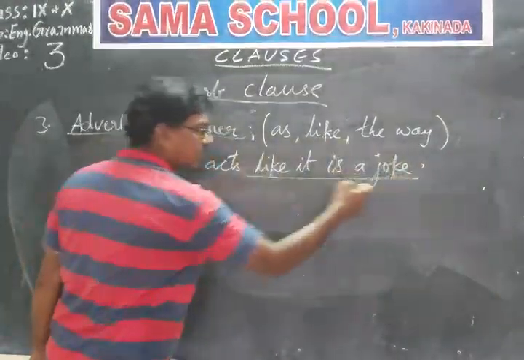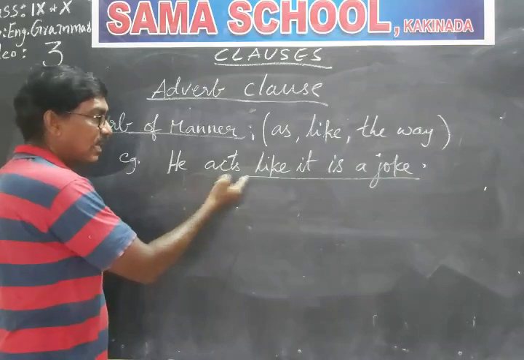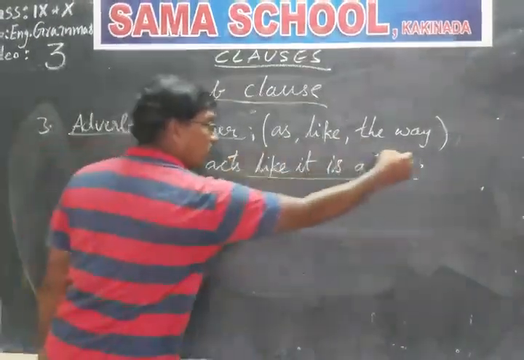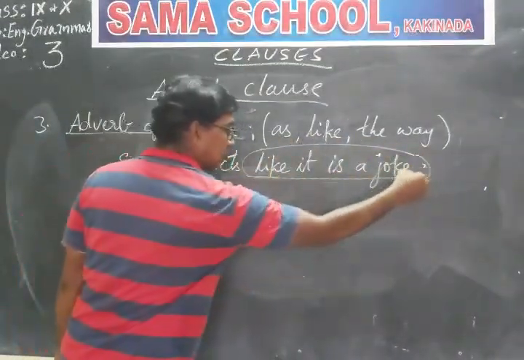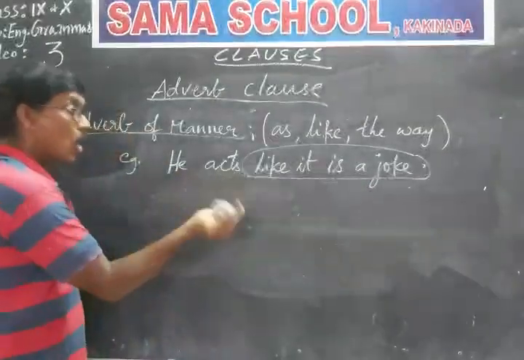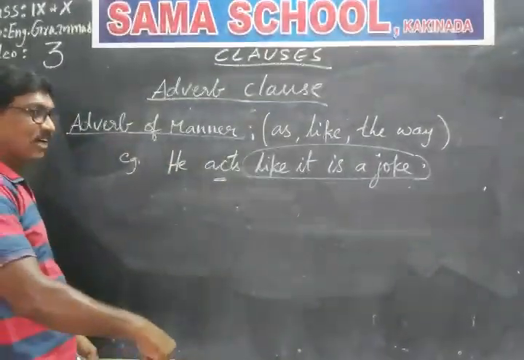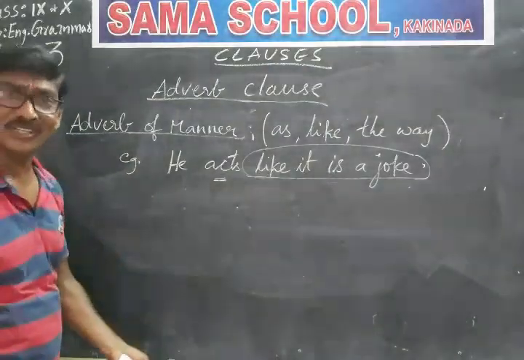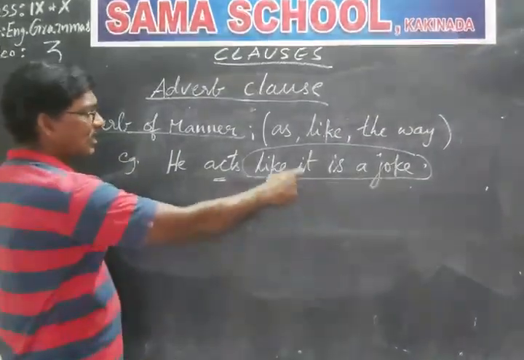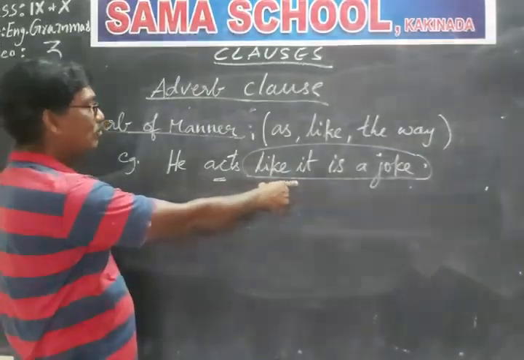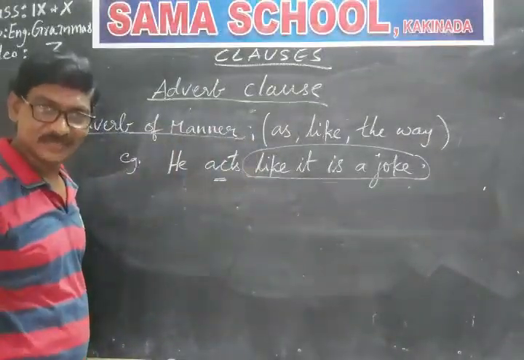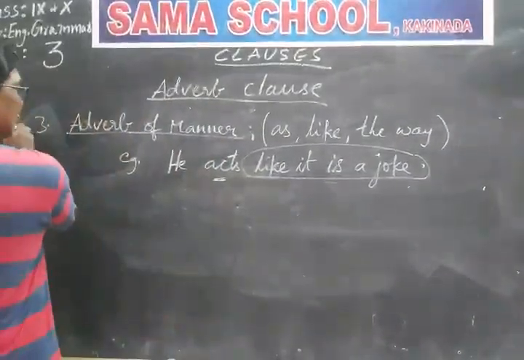It's a group of words, a clause, and the whole clause is speaking about how he acts. How he acts: like it is a joke. So this is an adverb clause of manner. Okay, next, fourth one is